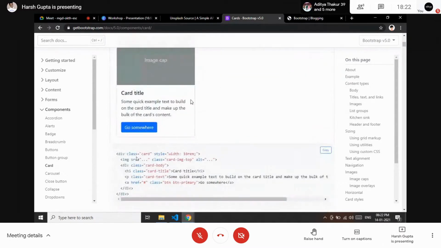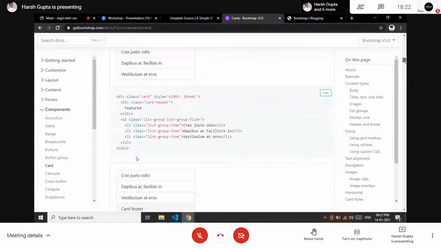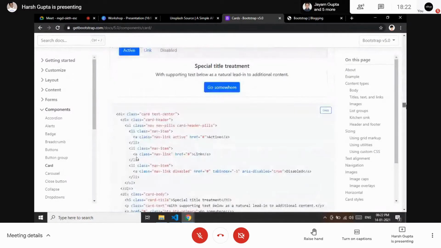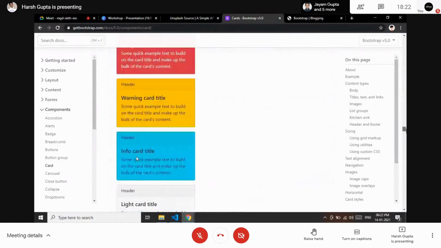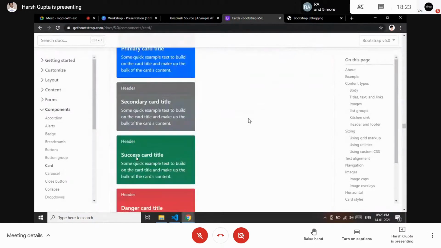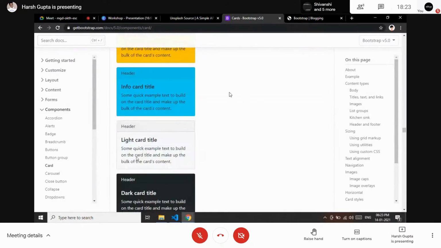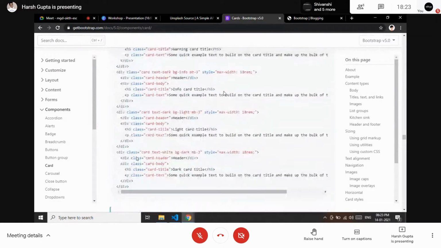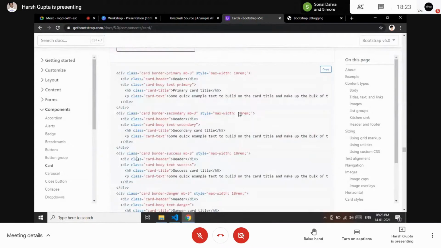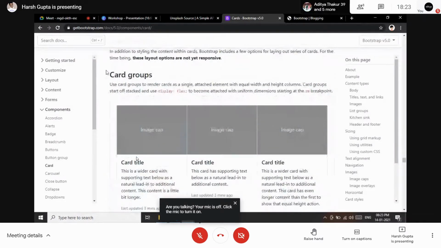So we don't actually want one card. We want many cards. I will scroll down so that we can see how many cards we have. Okay, so this is a whole variety of cards. You can see it has colorful cards, which have a colorful background, and light blue, black as well, and the border itself. Like, it has an idea. Okay, so these are the card groups which I wanted.